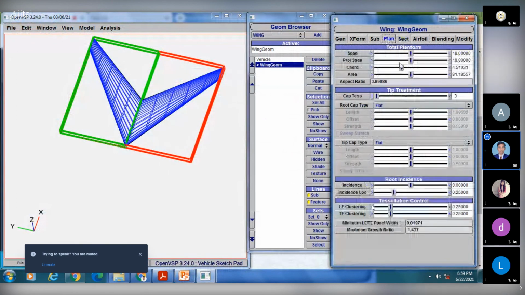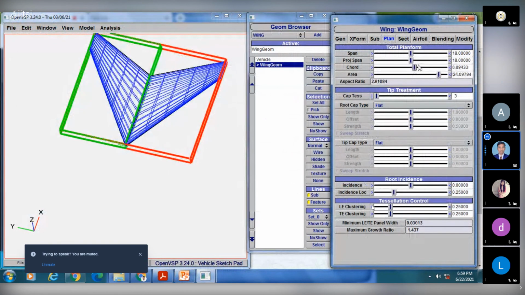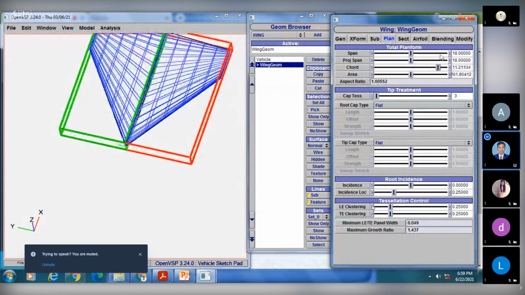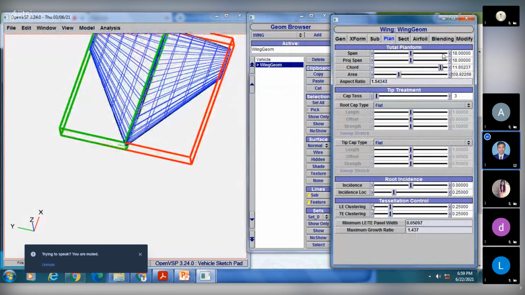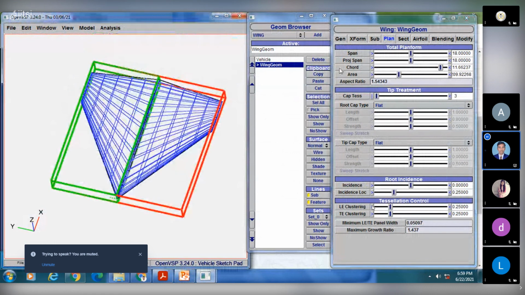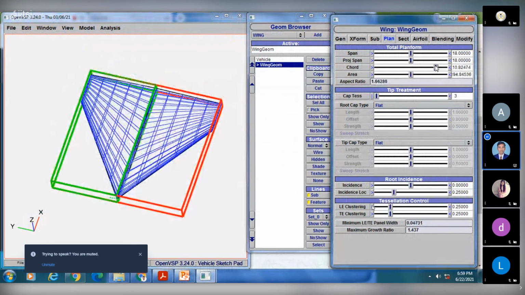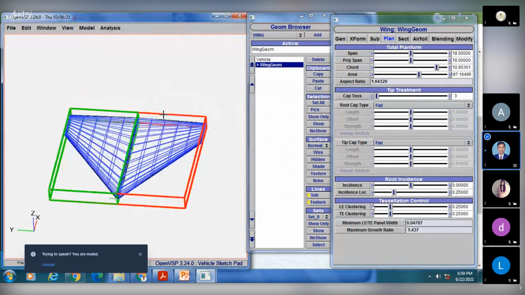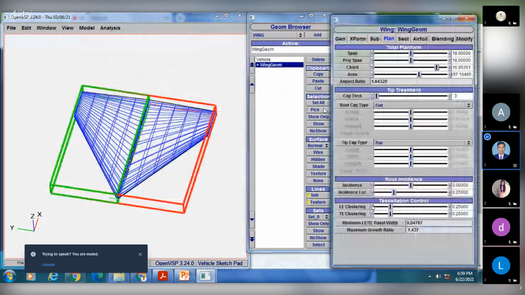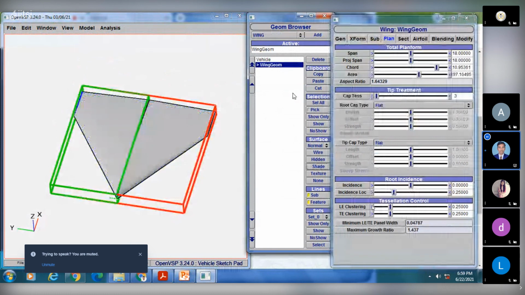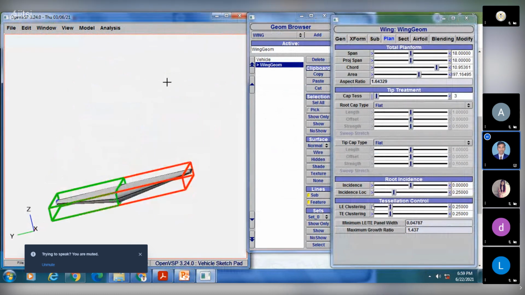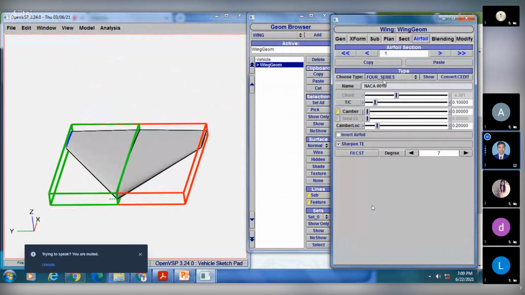You can even increase your chord if you need. Okay, like this. If you are happy with this, then just share this model and change your requirements. Thickness to chord ratio, you can even increase that.